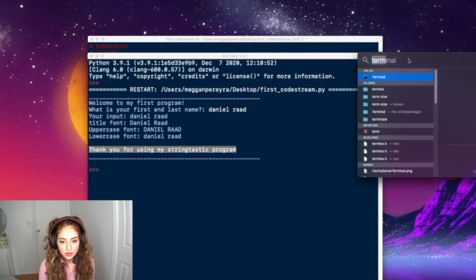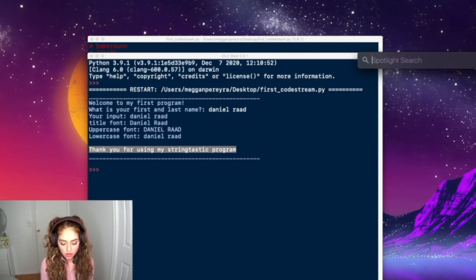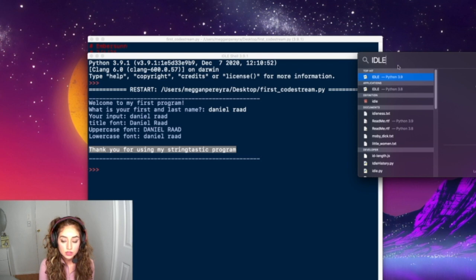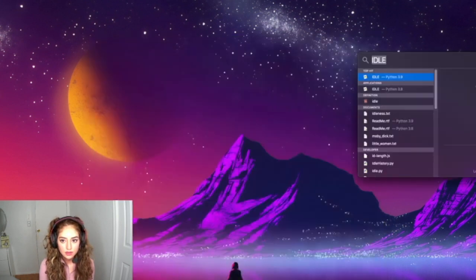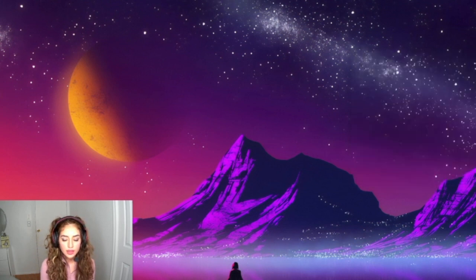So wherever you have your search bar, this is much easier. I always do this, but you want to type in IDLE in your search engine, in whatever software you're using, and click the latest version. I have two versions here, 3.8 and 3.9. So we're going to use 3.9. Before I do that, let me just delete this real quick. And you're going to go ahead and